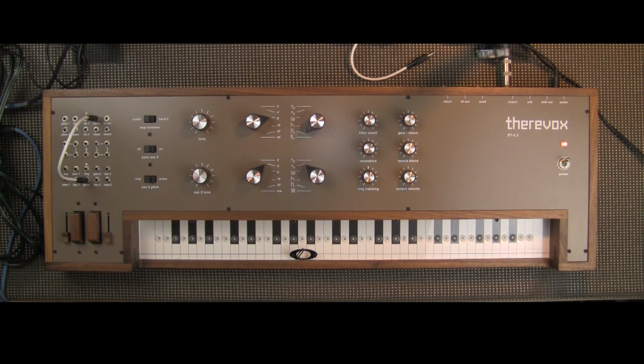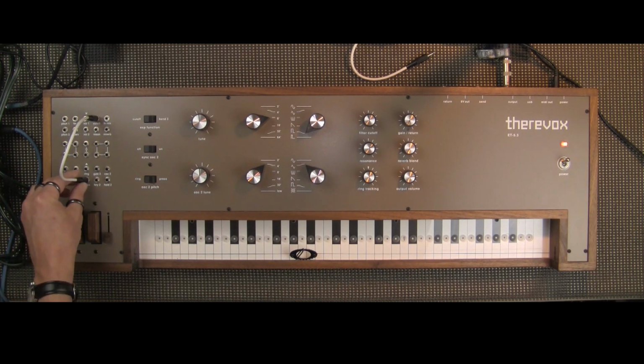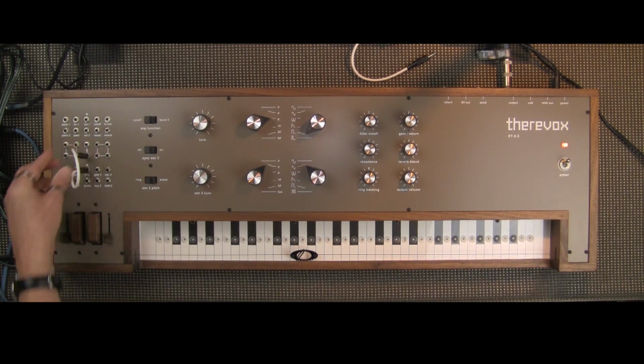So there are many, many other things I can show you, but there's other functions I want to explore that would require me to give too much away. So what we'll do is we'll stop here. But that is how, I should really show. Okay, let's say, let's put the ring